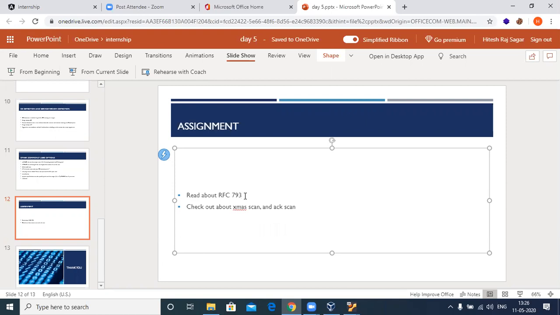In some scenarios, if the system doesn't follow the RFC 793 implementation, you cannot get any results from the closed scans. This will be interesting, so go and read about RFC 793. And the second thing is, I want you to check about the Xmas scan and the ACK (acknowledgement) scan. This is the assignment for today. Got it?